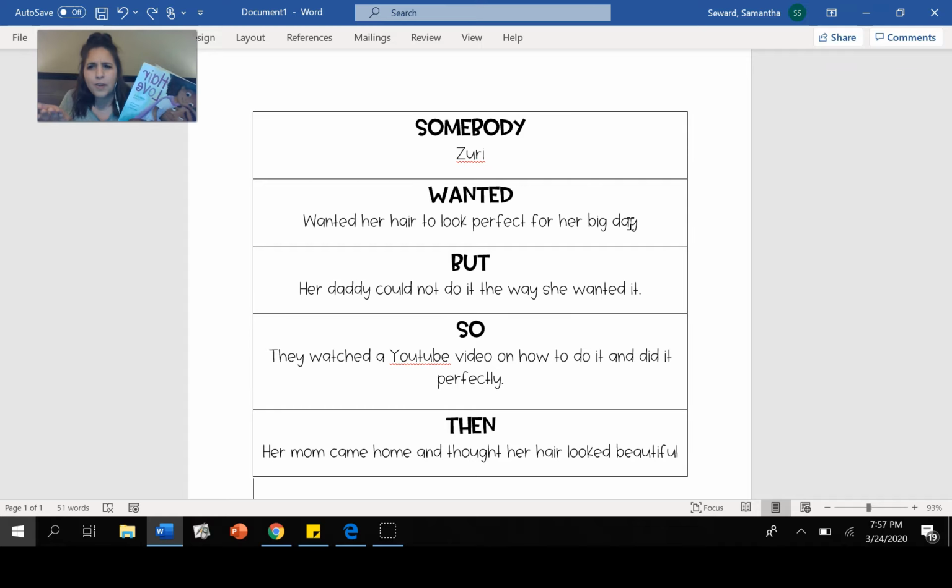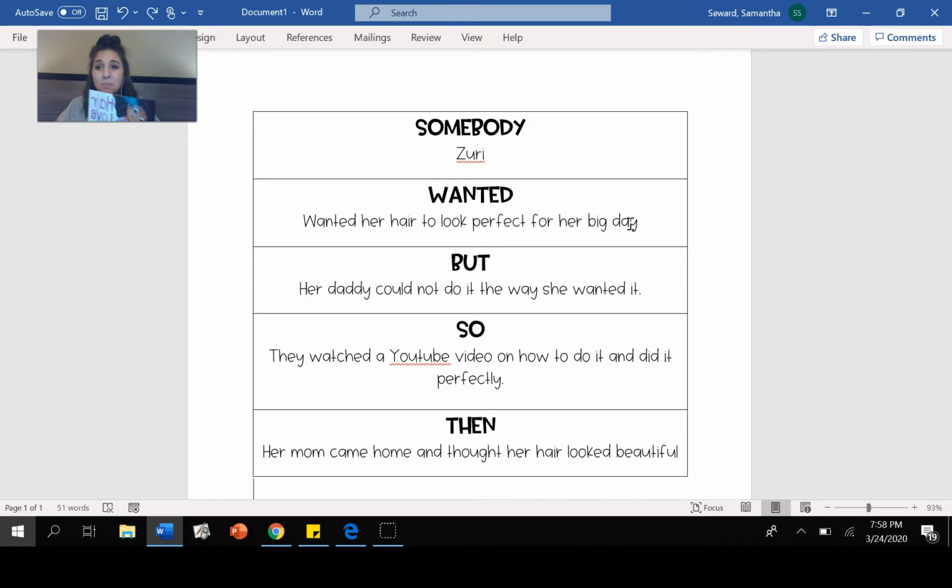And then what did Zuri want? I asked myself, what was the main thing that she wanted? Yeah, she wanted her dad to try to fix her hair, but the biggest thing in the very beginning was that she wanted her hair to look perfect for this big day. And we don't know until the end what the big day is, but we know that's what Zuri wants. Her big thing is that she wants her hair to look perfect for the big day.